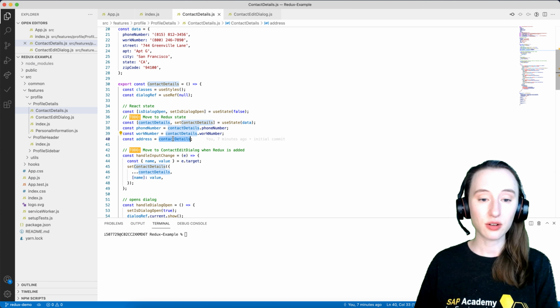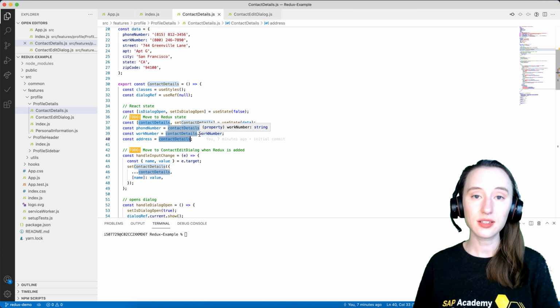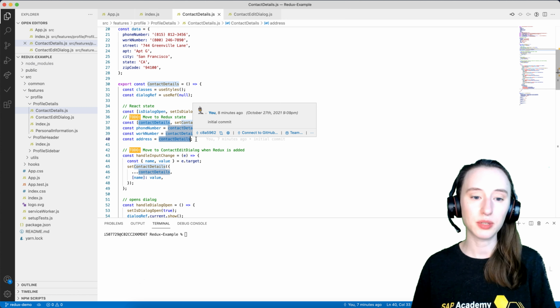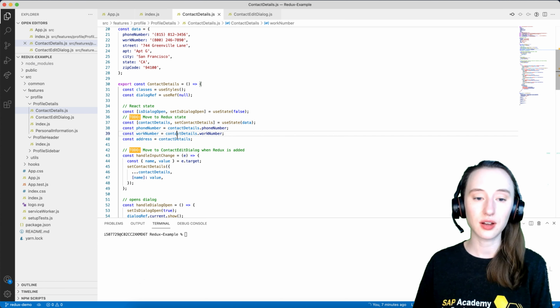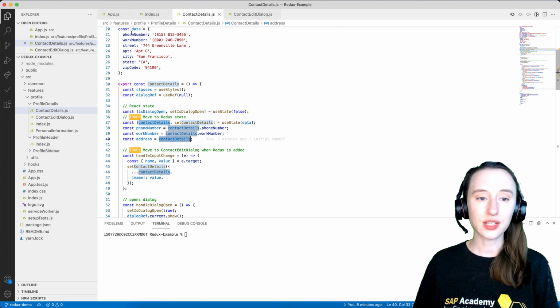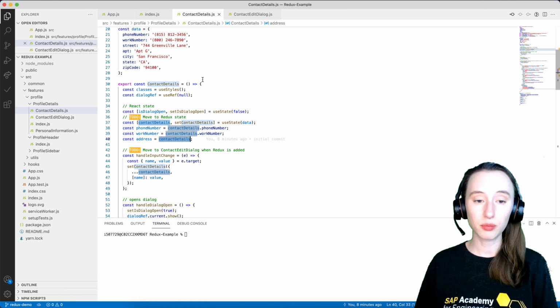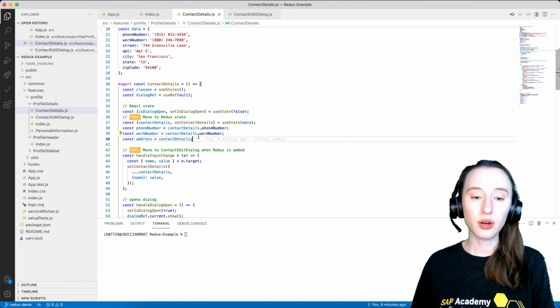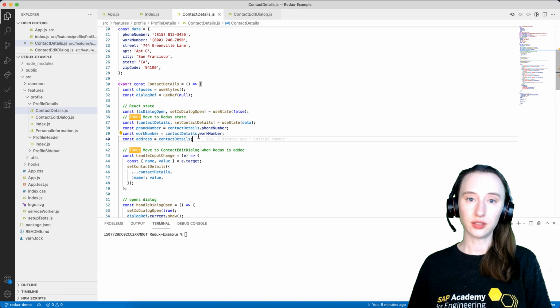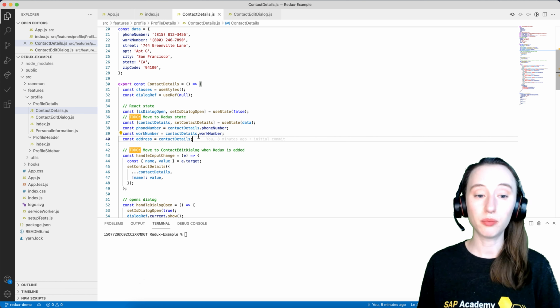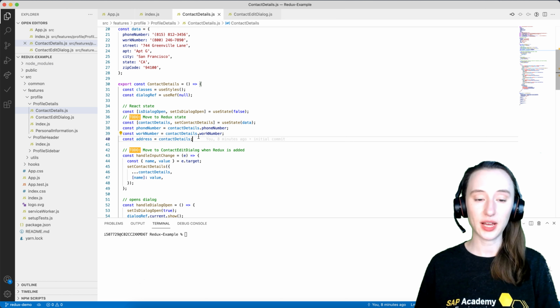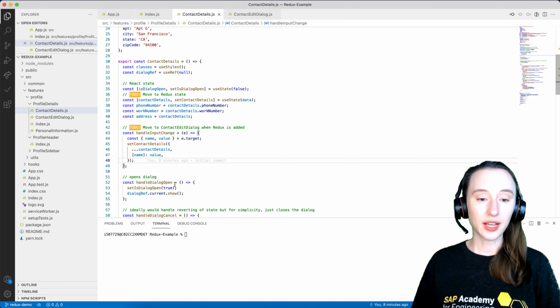If you notice, the address is just contact details as it is. This isn't really exactly what we want to be sending into address because the contact details, if you notice, has the phone number and the work number there. So eventually when we work on our selectors, and I will describe that later, we will parse out just what we need for the address. The other thing is this